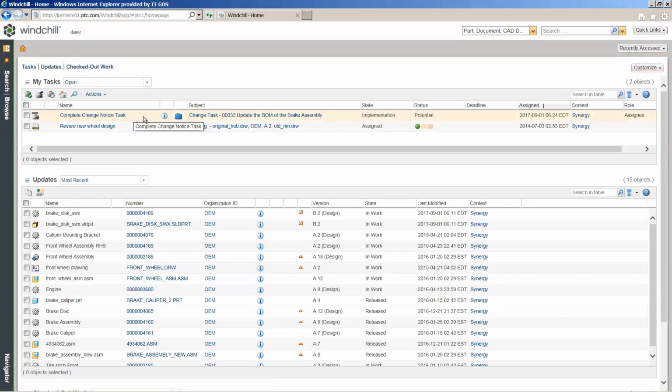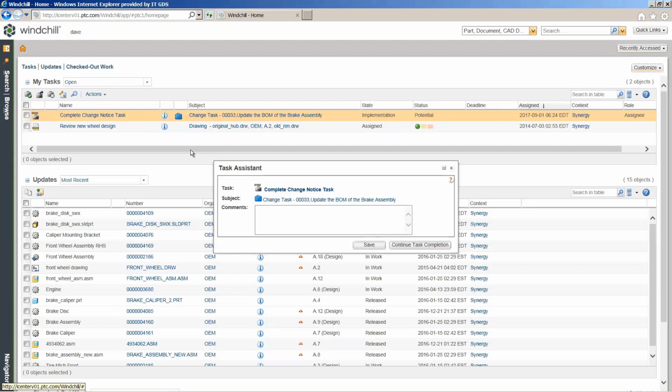And as I was saying before, as we go through the standard steps of a workflow, the tasks that are going to be necessary for that change workflow are going to be automatically assigned to the person in question, in this case, that being Dave, for them to actually complete. So for Dave, one of the tasks he has to go to is to update the BOM, in this case, the manufacturing BOM of the brake assembly